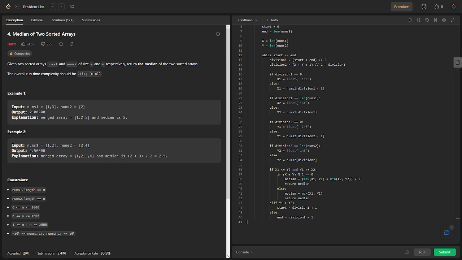To determine the elements on the left and right sides of the divisions, we consider four cases. x1 represents the left element of nums1, x2 represents the right element of nums1, y1 represents the left element of nums2, and y2 represents the right element of nums2. We then compare x1, x2, y1, and y2 to check if they satisfy the condition for finding the correct divisions. If x1 is less than or equal to y2 and y1 is less than or equal to x2, we found